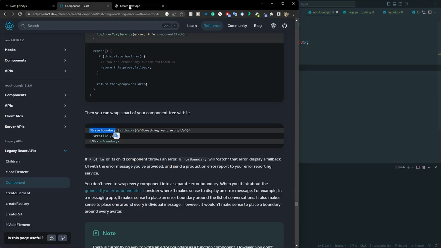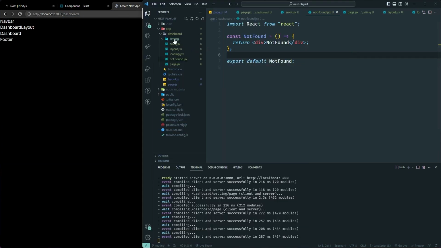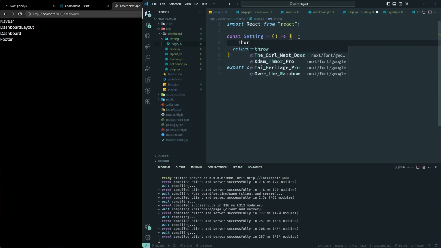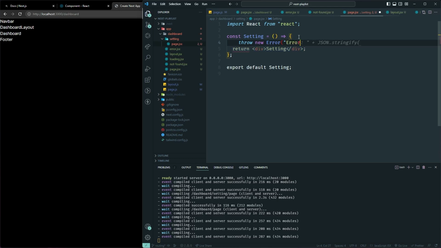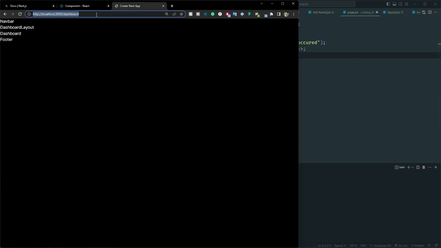So what happens? Let's see what happens if we go to the dashboard. It's all good. Let's throw an error in here. Let's say throw new error occurred. So settings is having some error for some reason. And if you go to the setting,